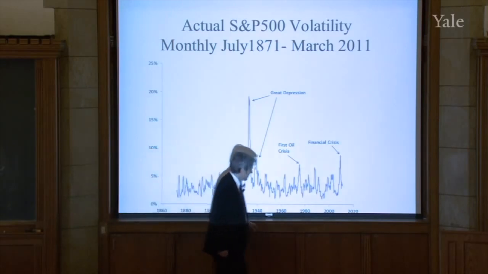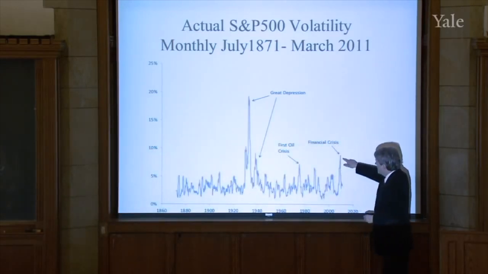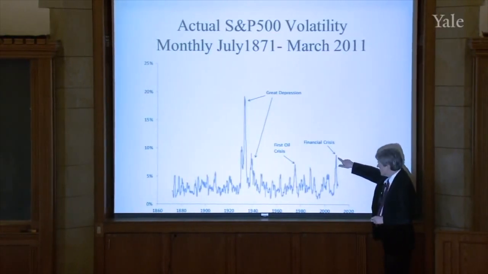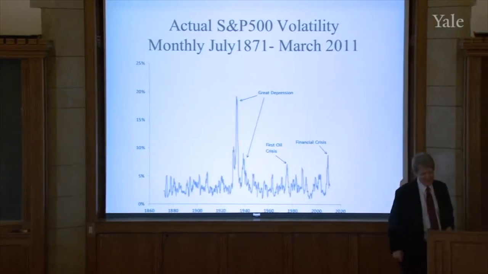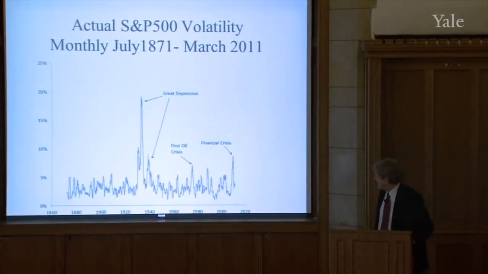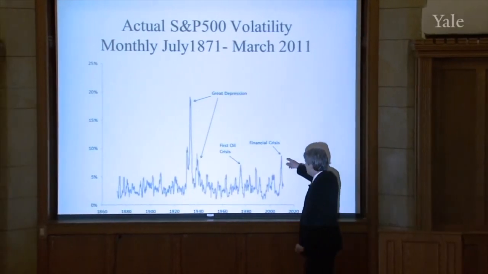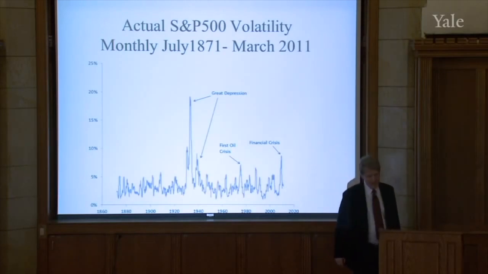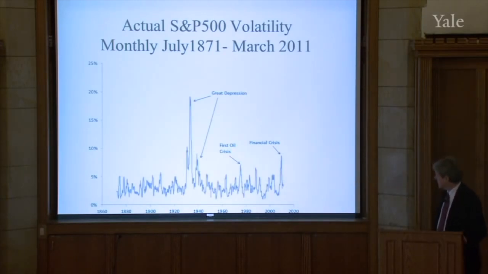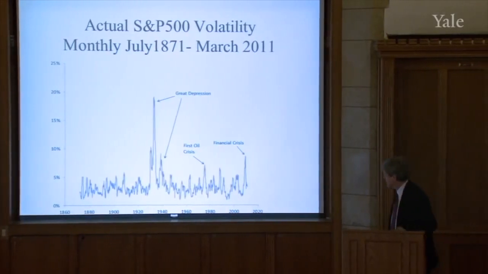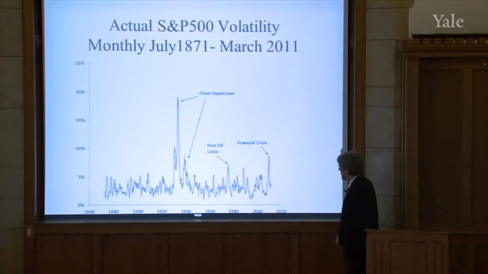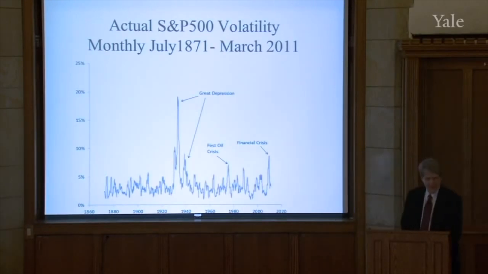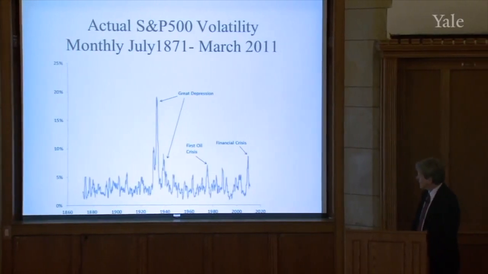The recent financial crisis has the second highest volatility after the Great Depression. This isn't long ago. This is well within your memories. It's just a few years ago, we had another huge impact on volatility. And as you saw in the preceding slide, it had a big impact on implied volatility as well. So I think that we had a near miss of another depression. It's really scary what happened in this crisis.